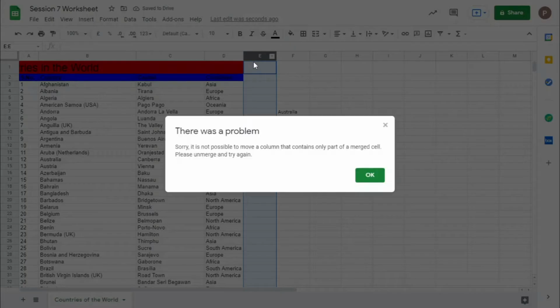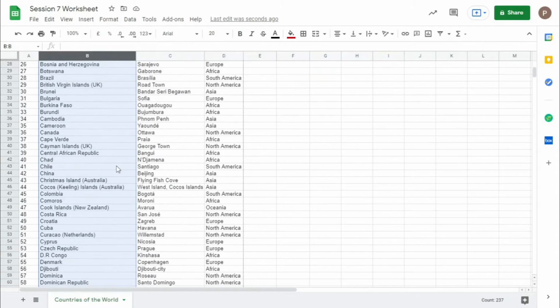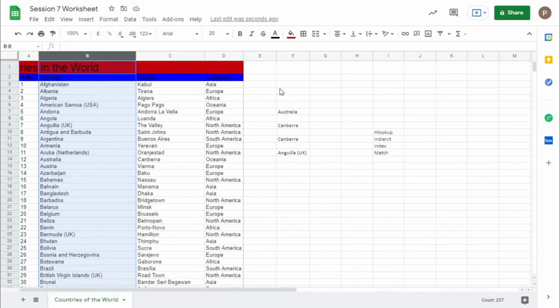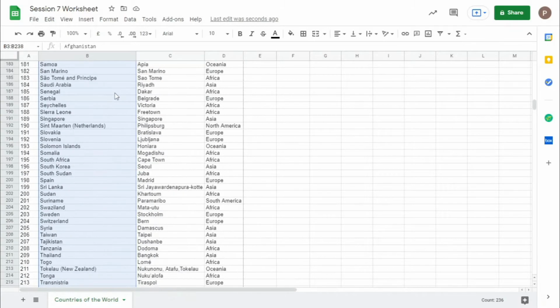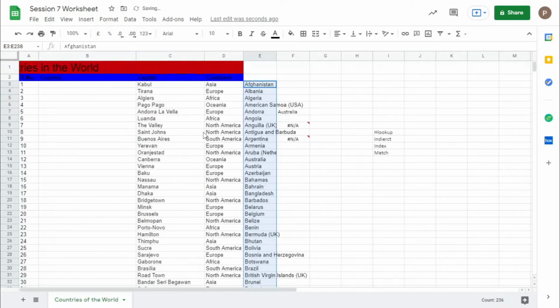So move B here. Moving this here will make it easy for you to find.